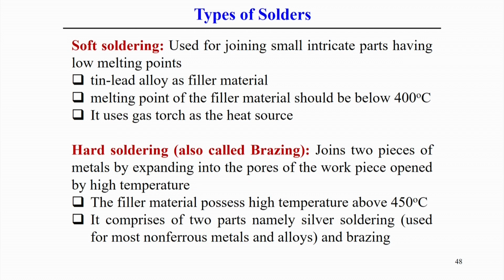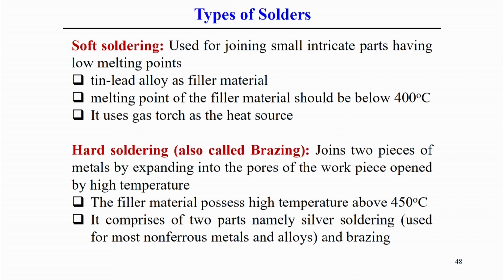Accordingly we can choose different filler materials, and to melt the filler material we can use a heat source that can be applied locally and should not affect the base metal much, so the maximum temperature of the system can be below 400 degree centigrade. But on the other side, there is hard soldering, and sometimes it is also called